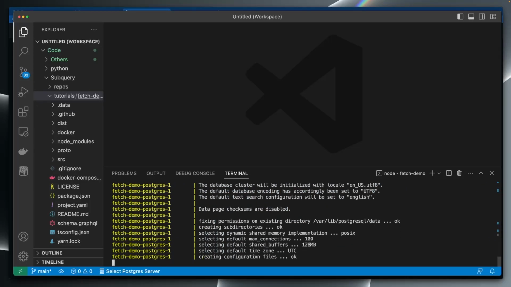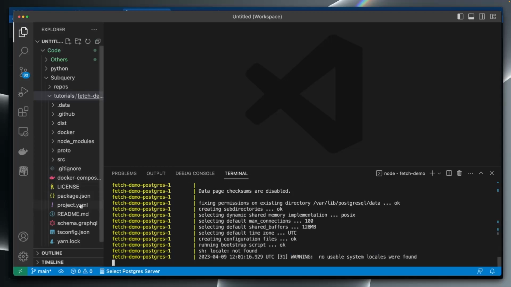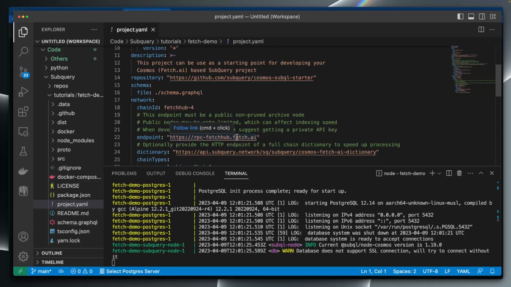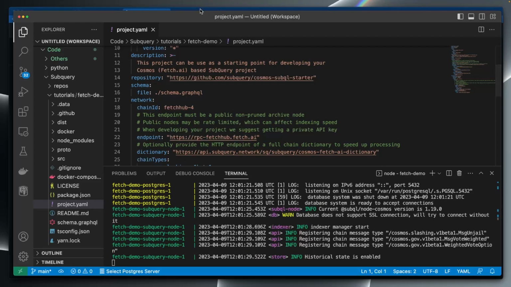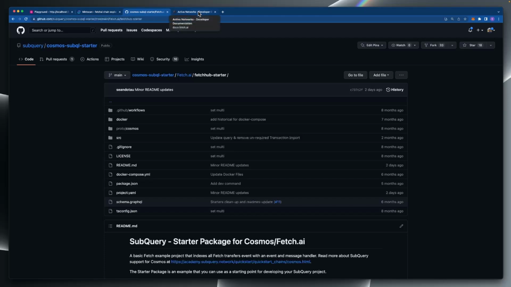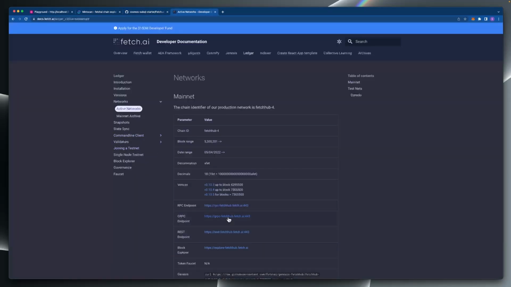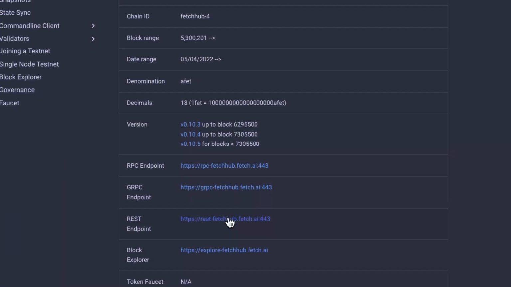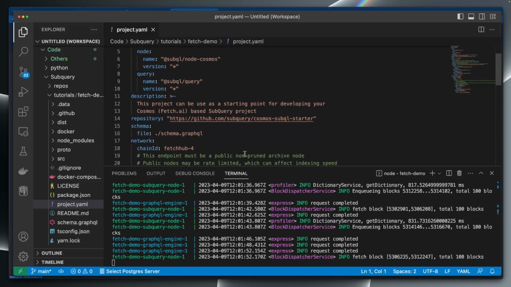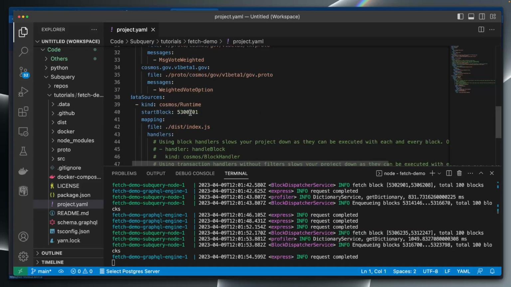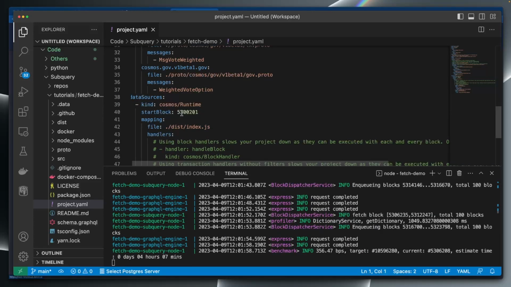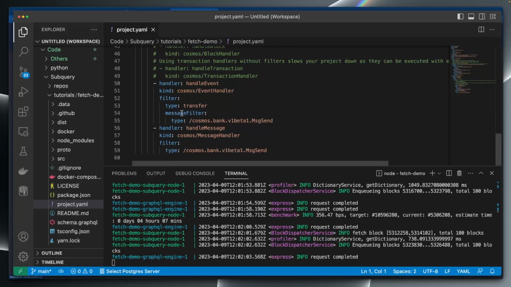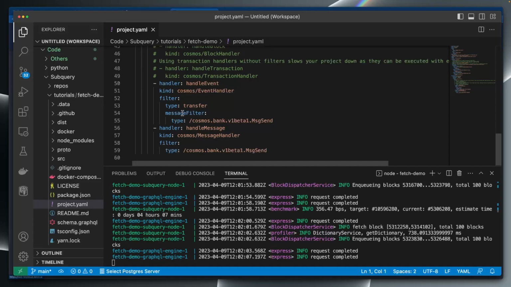And while this is starting up, let's take a look at the manifest file here. You can see the endpoint here is provided by Fetch. The other endpoints can be found on the Fetch documentation website under active networks. You can see here we've got a couple options available as well. Scrolling down, you can see the start block. We are starting at about 5.3 million, and then filtering down below on the MsgSend message type within the